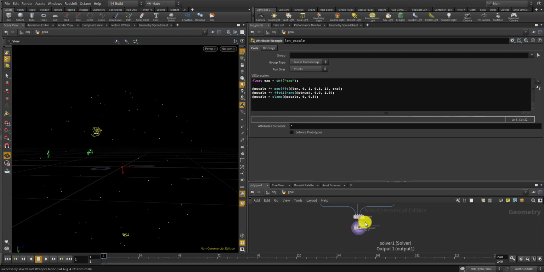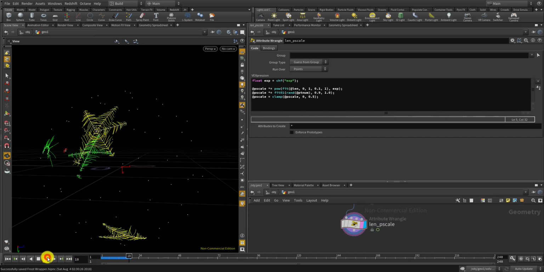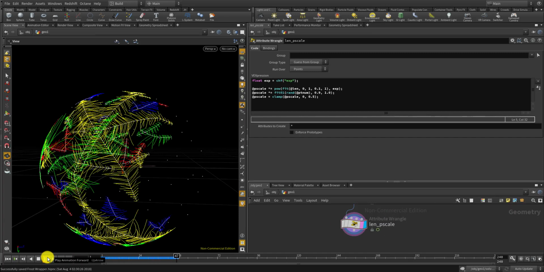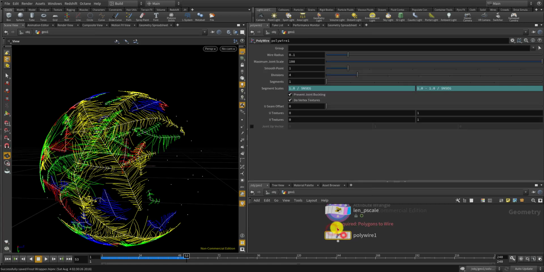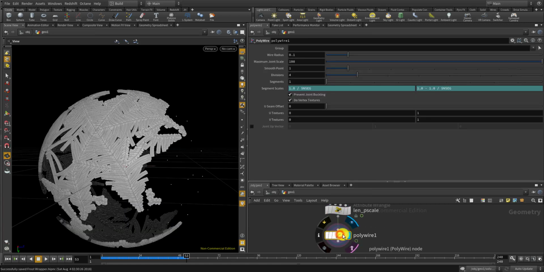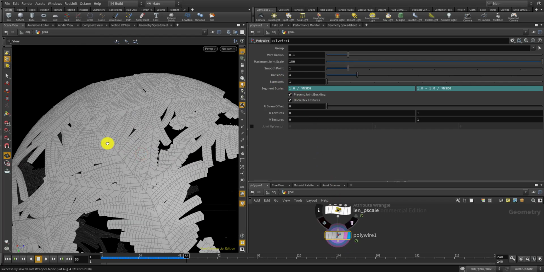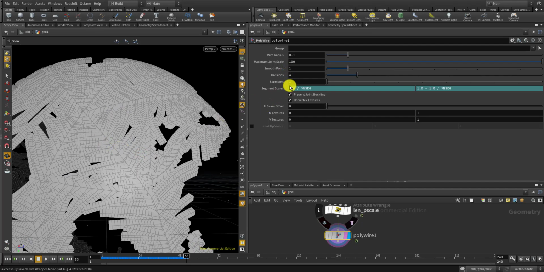let's see how it looks like with the poly wire with this p-scale. Okay, let's play a little bit. Okay, and connect a poly wire. And the divisions 4 is fine, and the segment's fine. Okay, I need to use the p-scale for the radius of the poly wire, so